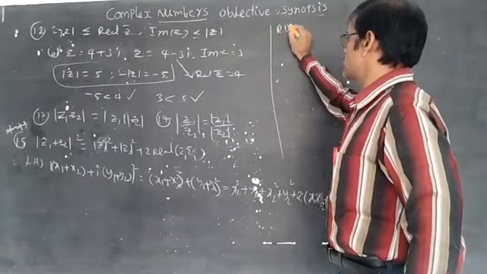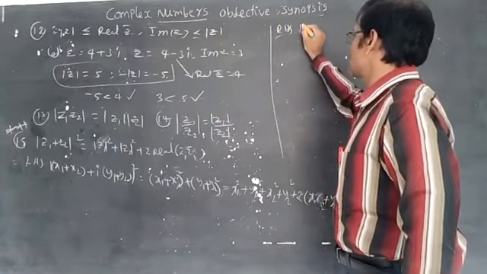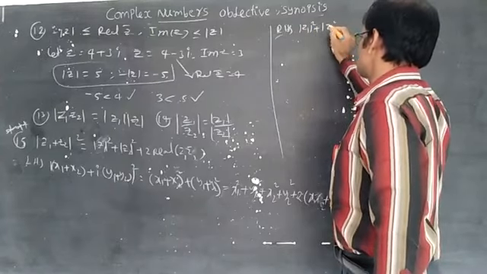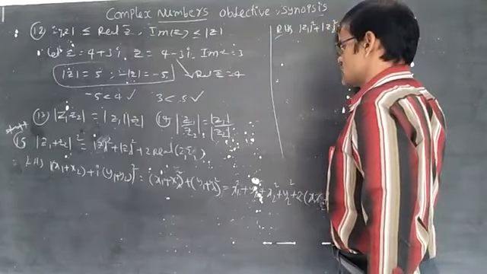Now taking RHS. RHS: modulus of Z1 square plus modulus of Z2 square plus